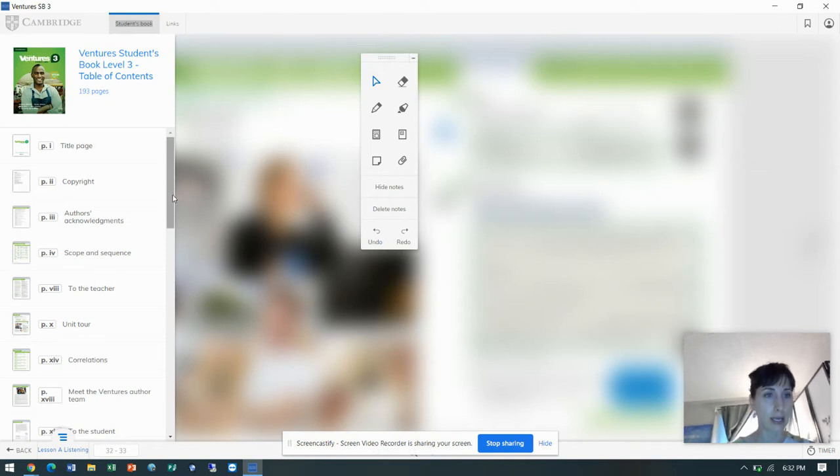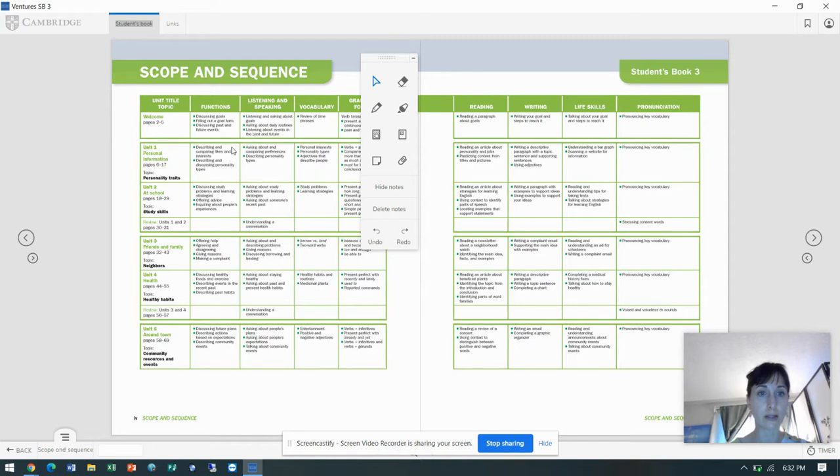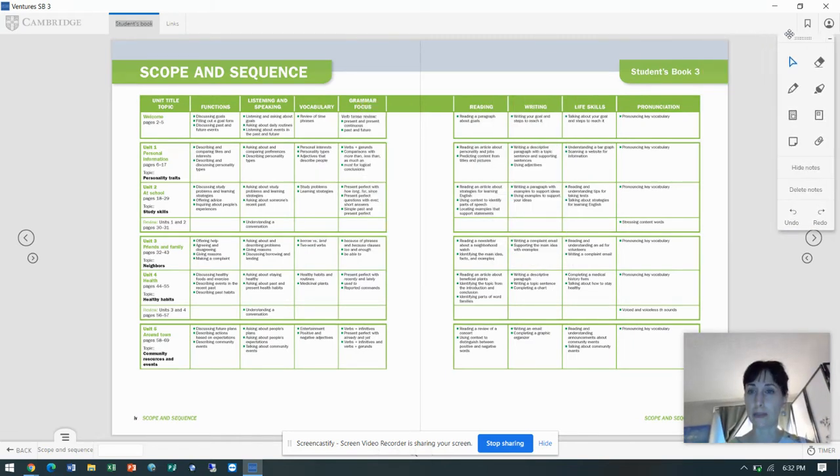And so what I'll see here is the entire teacher's page where I get a scope and sequence, right? And it shows all the standards that I need for the student's book: reading, writing, listening, and speaking. And this is Presentation Plus, right? So I can take a look at Unit 1, and I can see the entire Unit 1 laid out